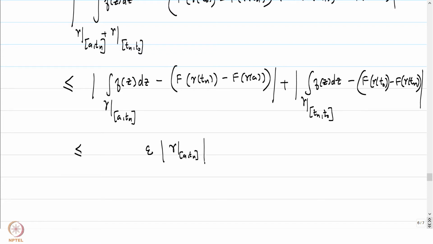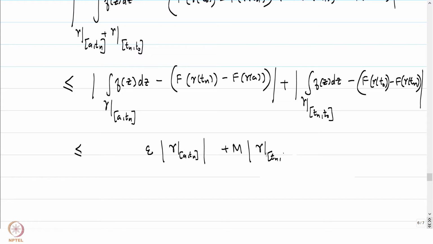And how about the second term? Now the second term we can say that is less than or equal to some capital M. F is a continuous function on the image of gamma of AB, which is a compact set, and therefore it's always bounded above by some capital M, and by again using one of the integral